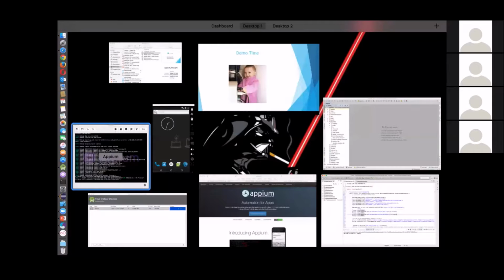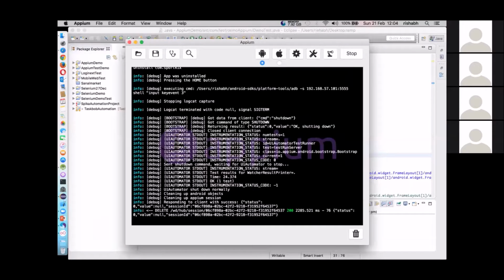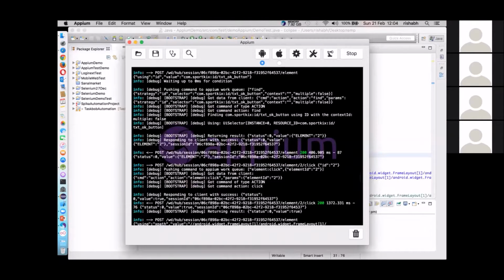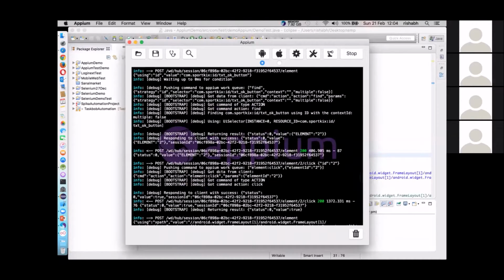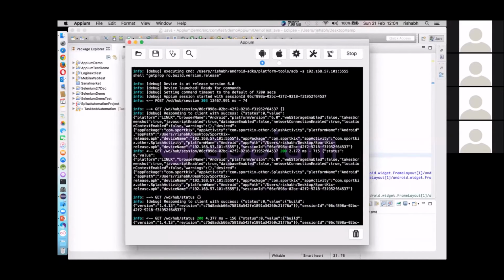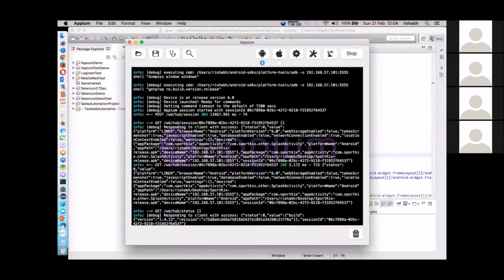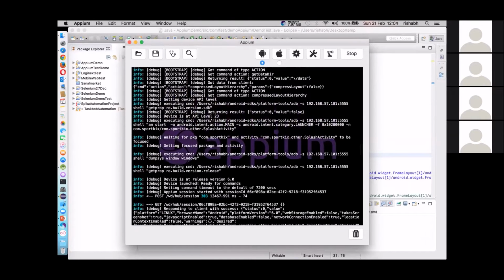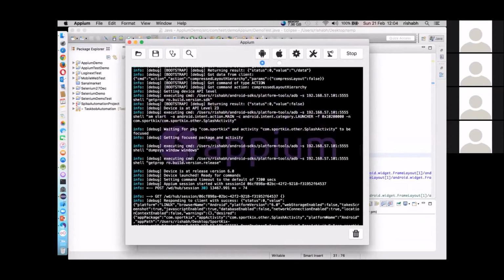In Appium's server also, you can go and find out exactly what things have been performed. You can see that okay, this is waiting for package com.sportkicks, and then it has been started.